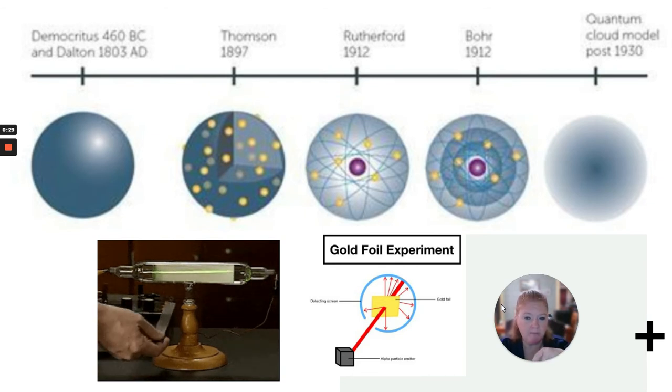Thomson did an experiment called the cathode ray experiment. So you can see a demonstration right here. A magnet is being brought close, illustrating the fact that this beam of particles has a charge. Okay, and what Thomson also did, which I just found wild, is he put a little paddle wheel inside that tube. What he found is that the paddle wheel turned with that beam, which meant there was some mass in